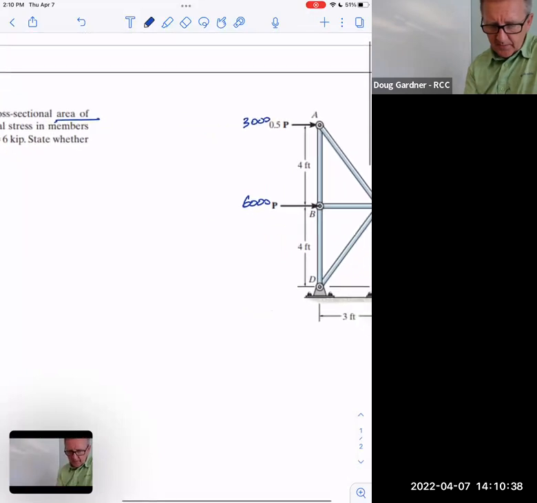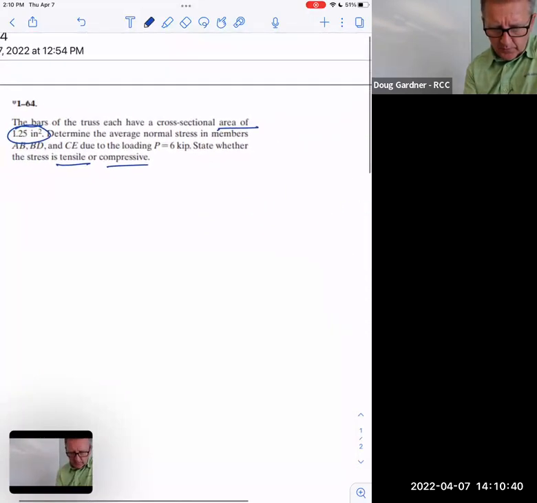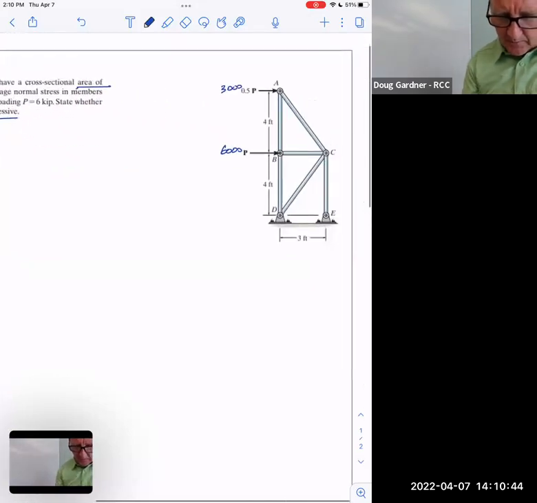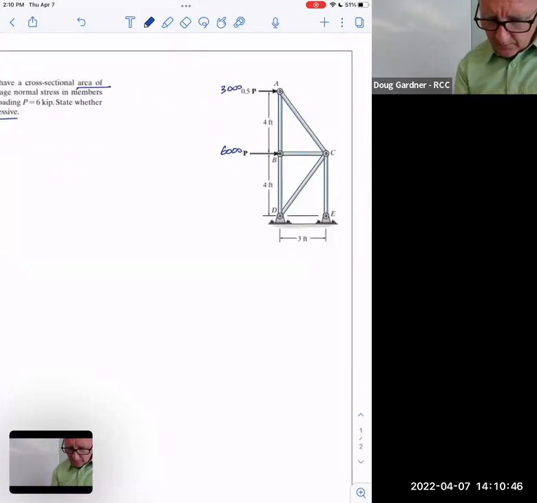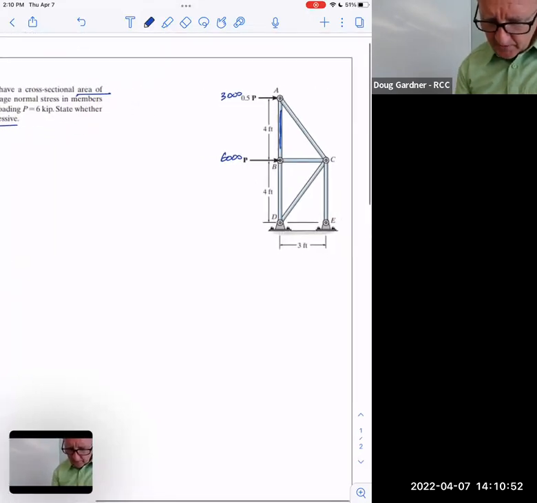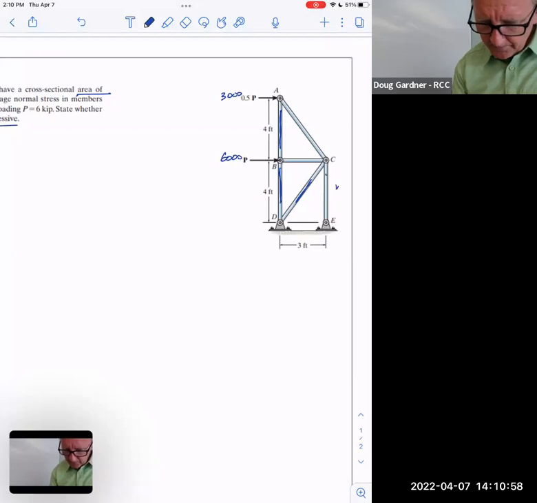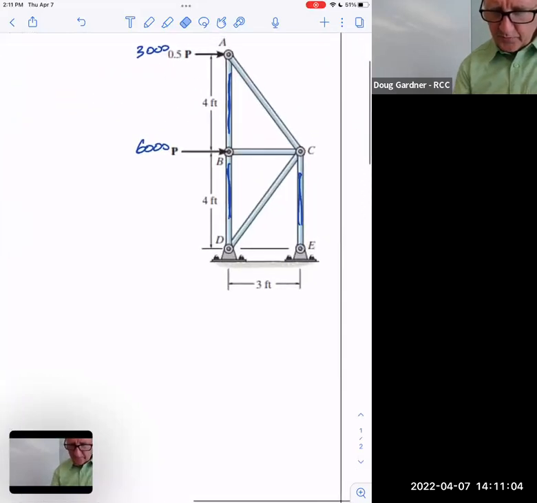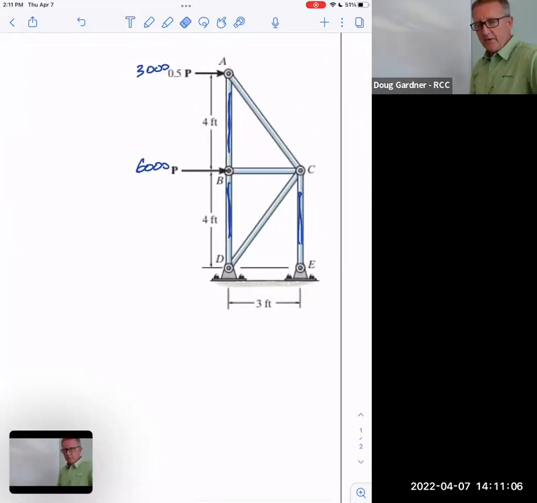And I think they wanted AB, BD, CE. Let's just do part of this. AB, BC 6,000. BD, CE. Looks like they wanted all the vertical ones. Is that right? CE. Yeah, okay. So actually they just wanted us to calculate the vertical ones, so we didn't have to do them all, which